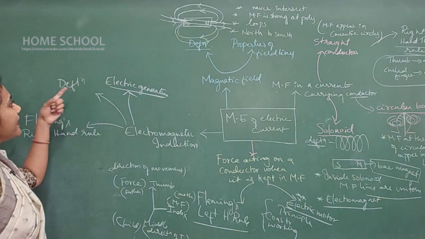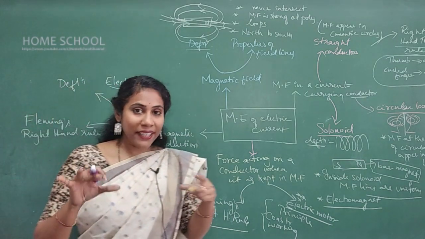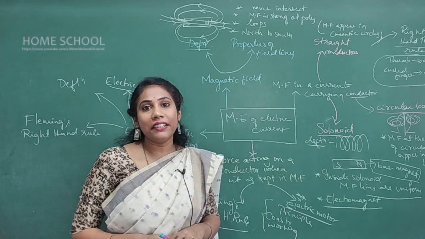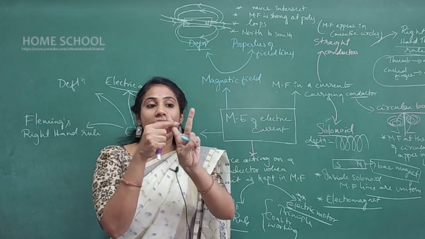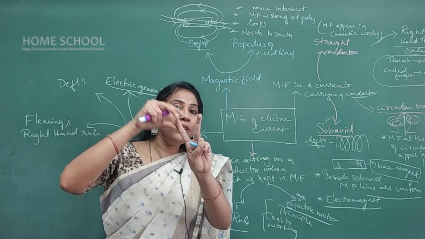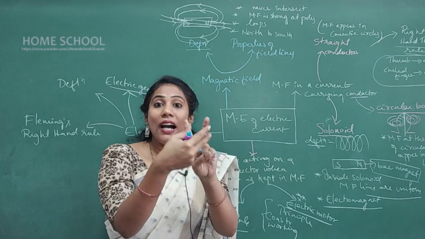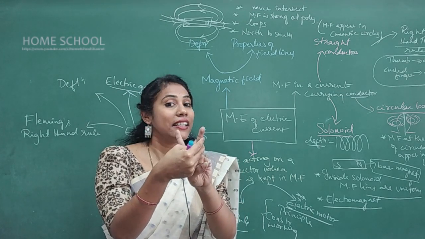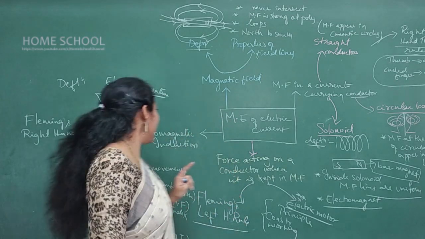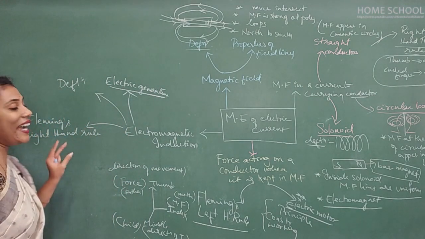So first let us briefly discuss the definition of electromagnetic induction. Changing magnetic field in a conductor can generate a current in another conductor. Imagine you have two conductors. This is one conductor, this is another conductor. If I change the magnetic field around this conductor, a current can be induced in another conductor. So this is what we call electromagnetic induction.